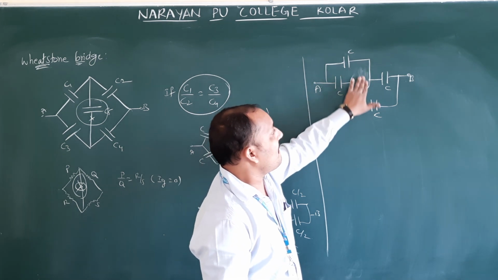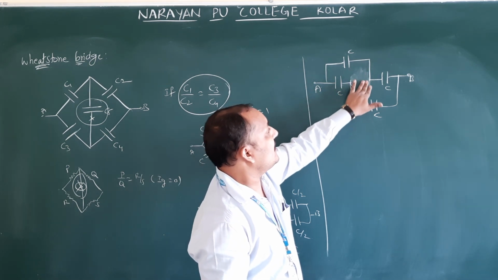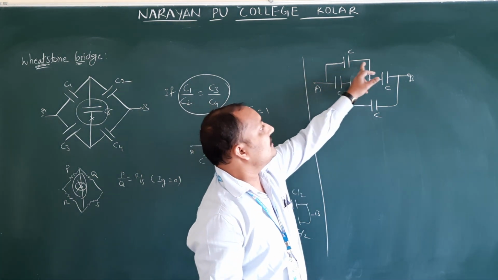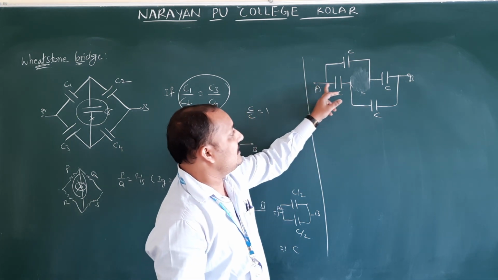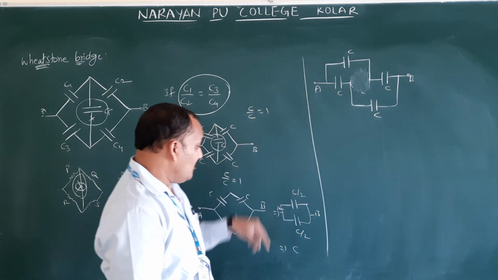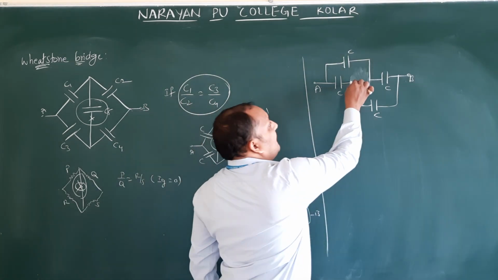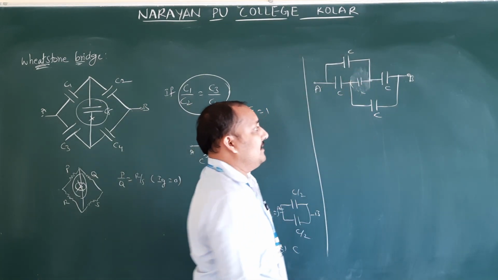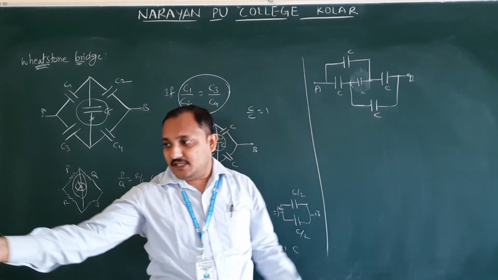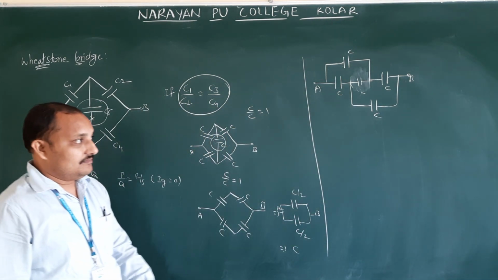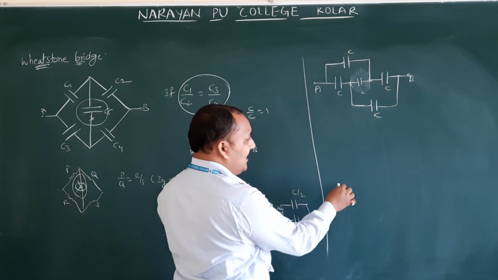After removing this one, I'm drawing the next one once again. So we can remove this one. Then see, this is going to be in series. This is also going to be in series. Again, how much will you get? You will get C. Therefore, this is also another form of Wheatstone bridge. They didn't give this in the given book. In our book, they didn't give it, so we can draw. So another one. They gave like this.